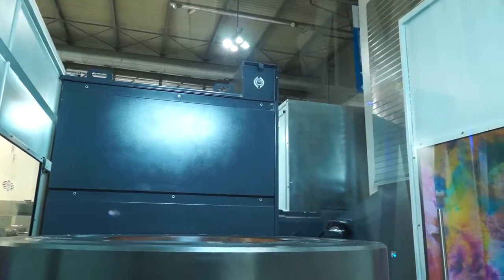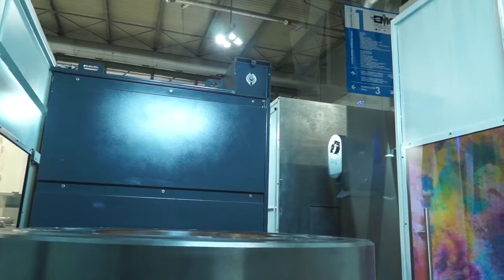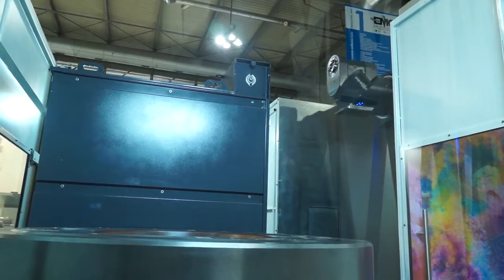So why have you developed this type of machine? Is there a demand for turn mill machines of this nature? Yes, we have detected in the last 2 years increased demand from some of our customers, mainly for those that are making big parts, in processes in which 80% is milling and 20% is turning, because we can forget that this is a milling machine. And for them it's very costly, just for a simple turning operation, to move these parts out of the machine, align again, go to the lathe, and sometimes they don't have the lathe,